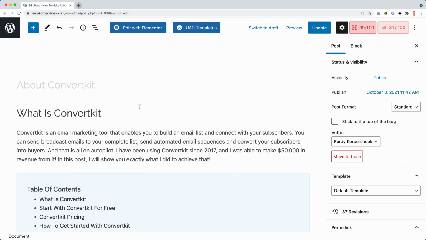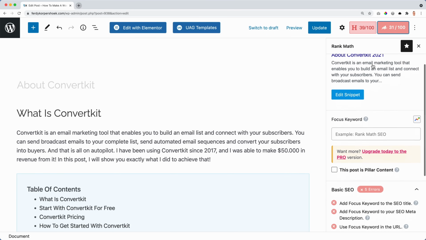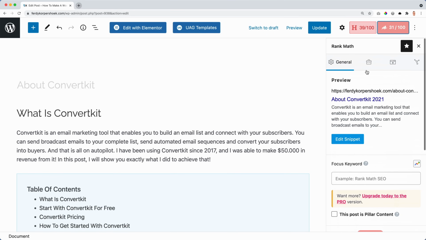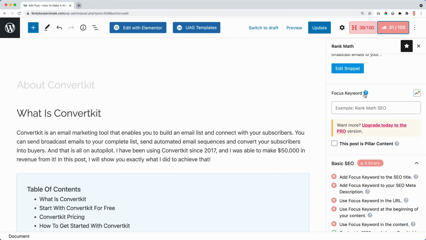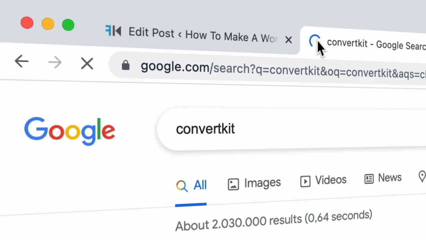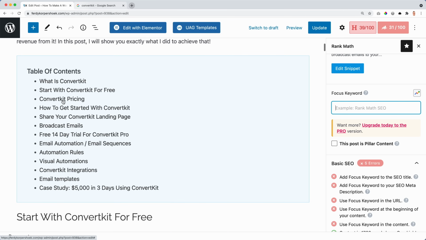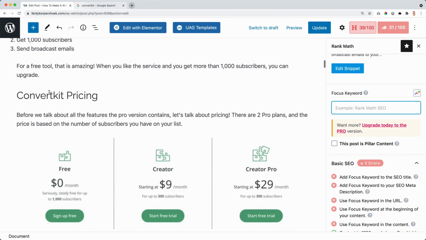But now, since we have Rank Math, look at this. We see a score. So what we can do, we can make this a much better blog post. And the first thing I want to do, I want to create my focus keyword. Well, there are a few ways to find out what is a great keyword to use for ConvertKit. So this is a ConvertKit review, but if I would search for ConvertKit and I do space over here, I see what people are searching for, ConvertKit versus MailChimp. So that gives me another idea for another blog post. ConvertKit pricing. So hey, what did I do? ConvertKit pricing. I use that over here.